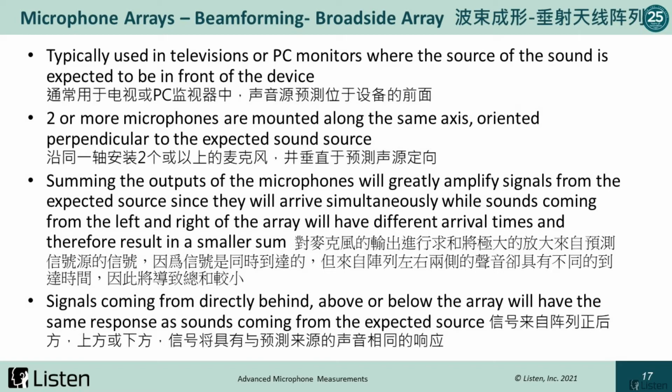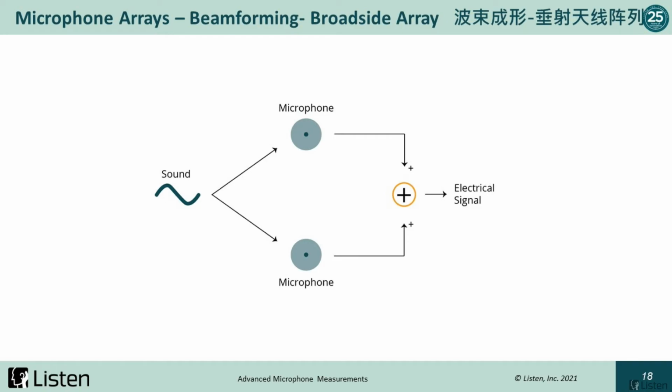And the sounds coming from the left and right of the array, well, those are going to have different arrival times, and therefore it's going to result in a smaller sum. So the sound of interest from the expected source is going to be amplified in the broadside array. Now, signals coming from directly behind, above, or below the array are going to have the same response as sounds coming from the expected source. And here's a little diagram of a simple broadside array. We have our sound source, we have our two microphones, and their outputs are summed and then sent out as